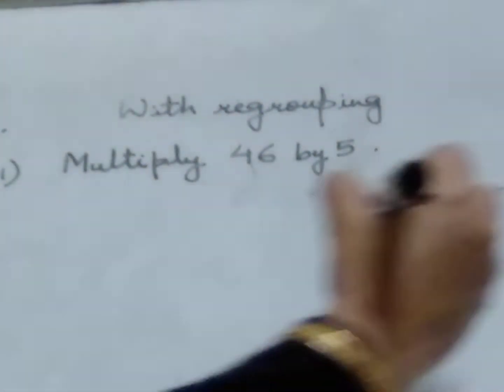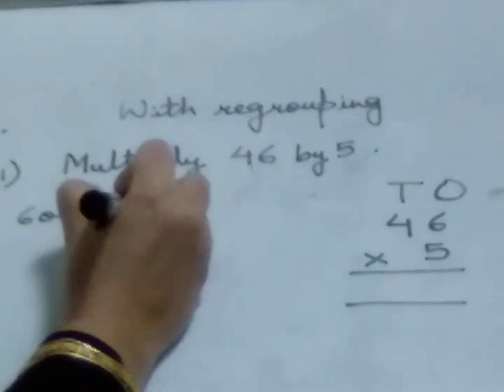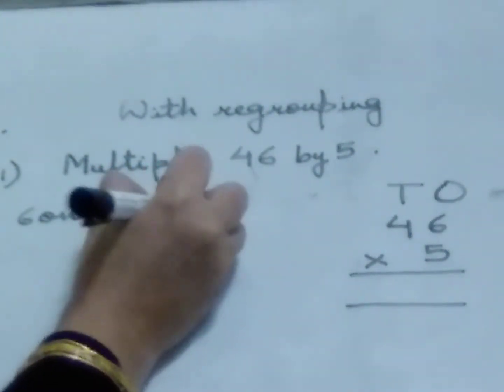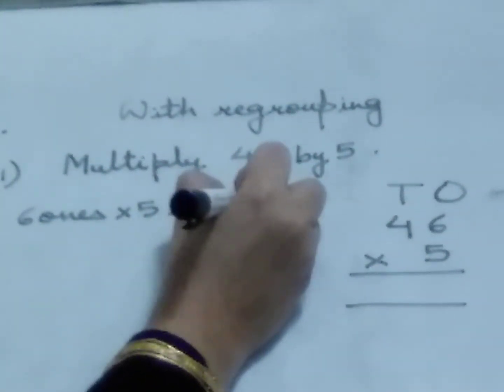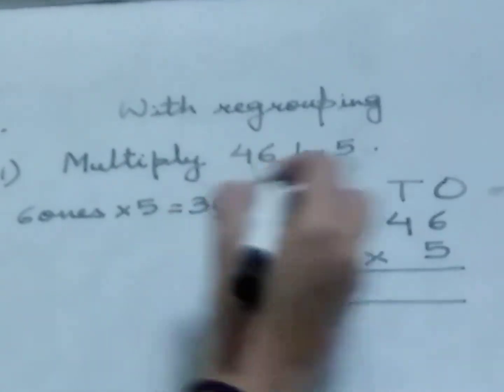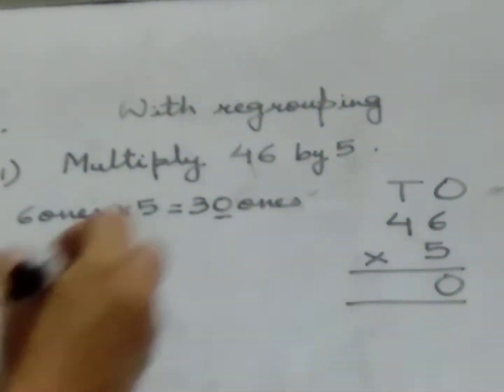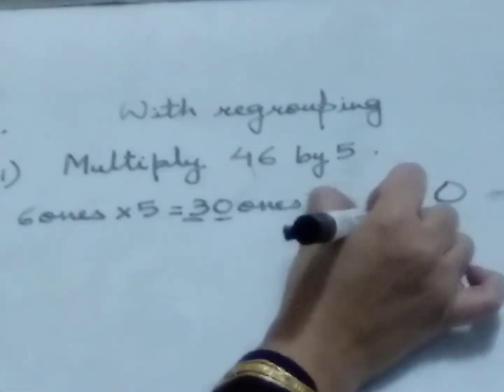Now multiply the ones first. 6 ones multiplied by 5 gives out 6 5s are 30 ones. Now write this 0 in the ones column and carry 3 tens